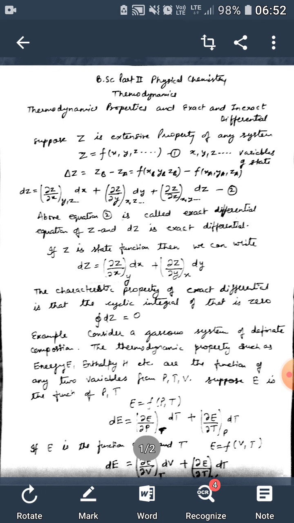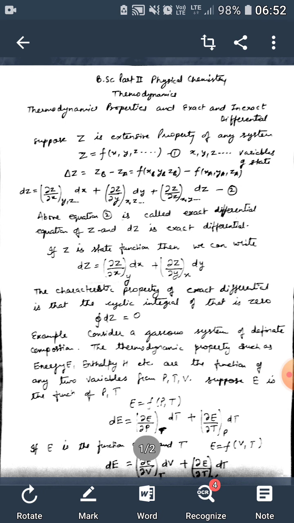Today we will study the topic of B.Sc. Part II Physical Chemistry, Thermodynamics. And in this series, we will study the topic thermodynamic properties and exact and inexact differential. To study the thermodynamic properties, we consider a system